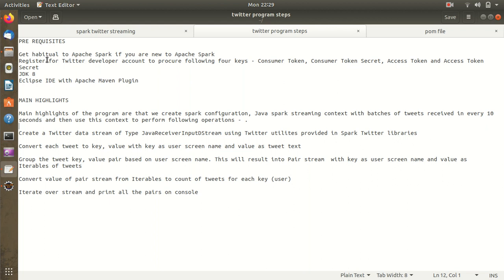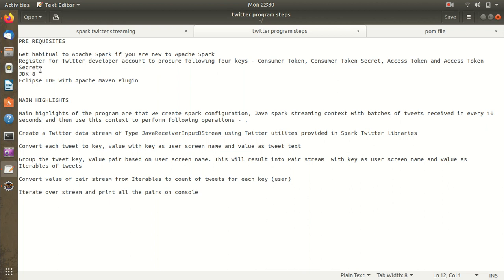Next thing, for this video, you need to register yourself for a Twitter developer account to get 4 keys, because whenever you want to use Twitter, it has 4 keys for authentication purposes. These 4 keys are mentioned here: consumer key, consumer secret, access token, and access token secret. So these are the 4 keys we have to get from Twitter. Twitter will only give you those keys if you register yourself with the developer's account and provide Twitter enough information, like why you want to create this app, what you want to do with this app. So a lot of questions will be there. You need to answer those questions and get the keys.